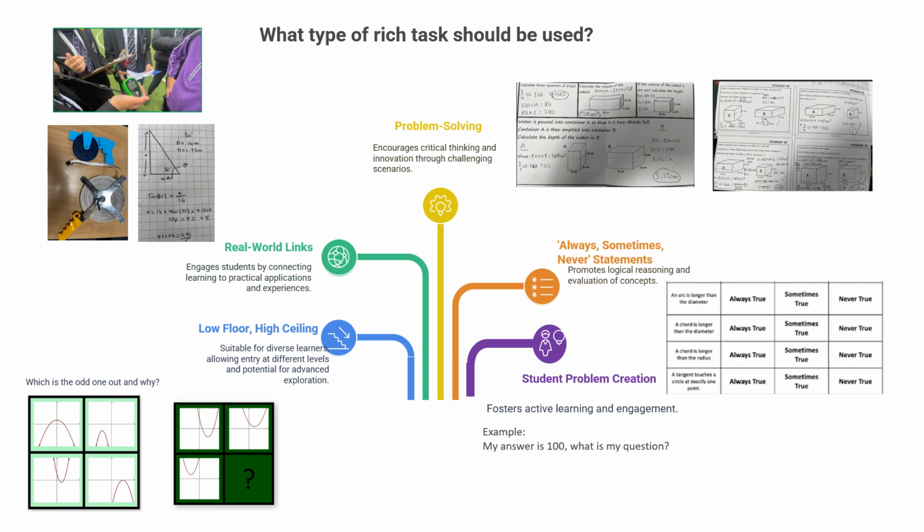For this example here, average students will give reasons based on the coefficient of x squared or the roots of the graph. The same activity, we can stretch the more able students, asking them to work out the possible equations or generate the fourth graph for the second example here.